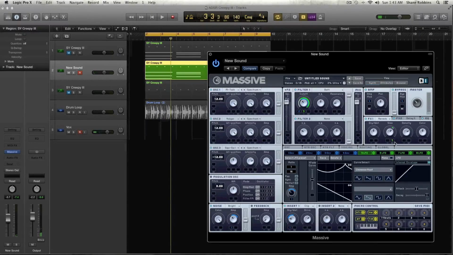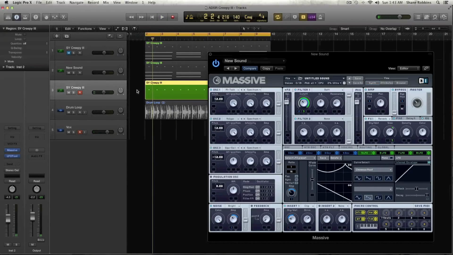I also added a little bit of that LFO we created to the size on our reverb in the FX1 slot. And so that's basically it. I like how it turned out. I like that last second LFO change I did with the Chinese roof and activating it with the amp of one of our envelopes. So here's the final sound, and I'm going to unmute this little blip lead,